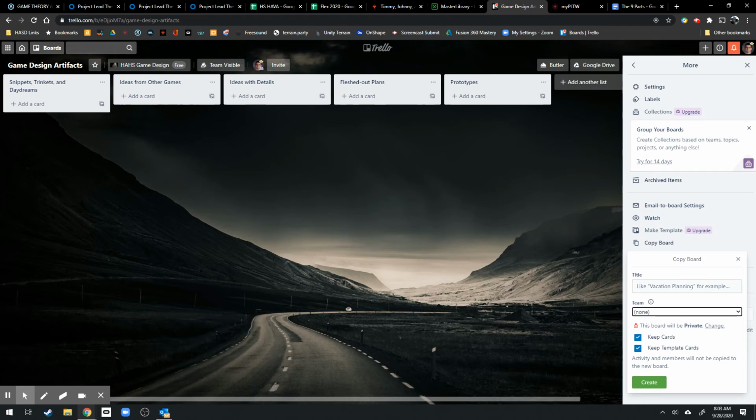You get to have this one just for yourself and no one else sees it. This is a personal place for you to keep your personal things. No one else has to see what you put in here. It's a place for you to keep track of your things, your ideas that you have for yourself. Give it a name, something that has to do with artifacts. Please make sure team says none. When you do, click create,